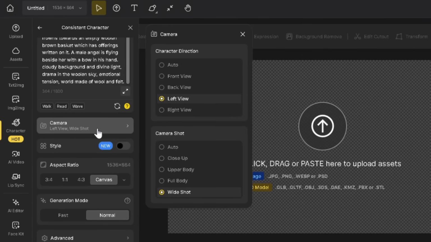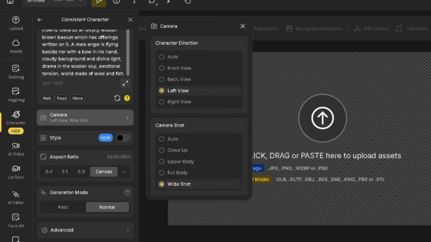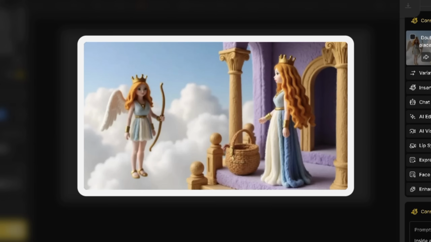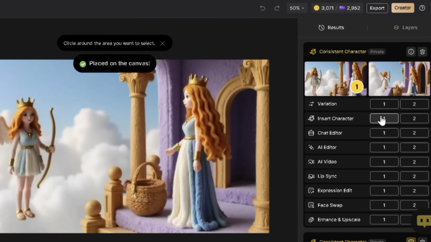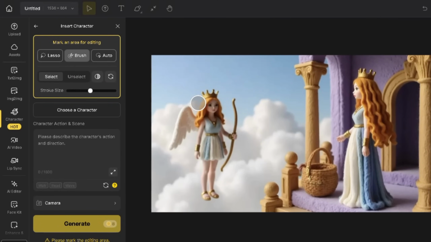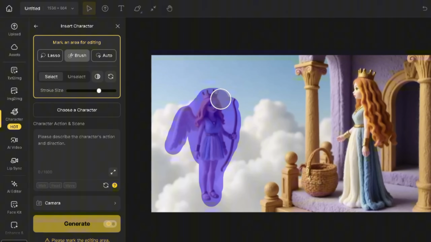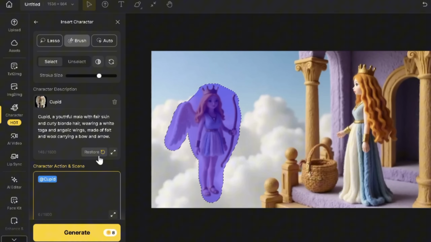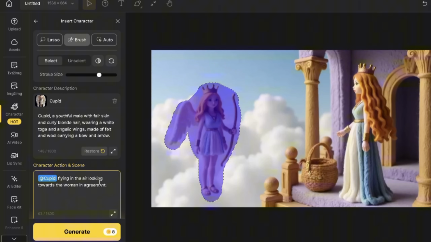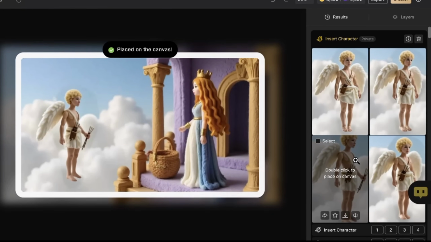And after selecting my camera preferences, I'll create a shot with Aphrodite and this temporary character. Now we can click on Insert Character, select our preferred image, brush over the unwanted character, and select Cupid as our second character to replace it, while defining his action in the prompt and generate. Voila, multiple character